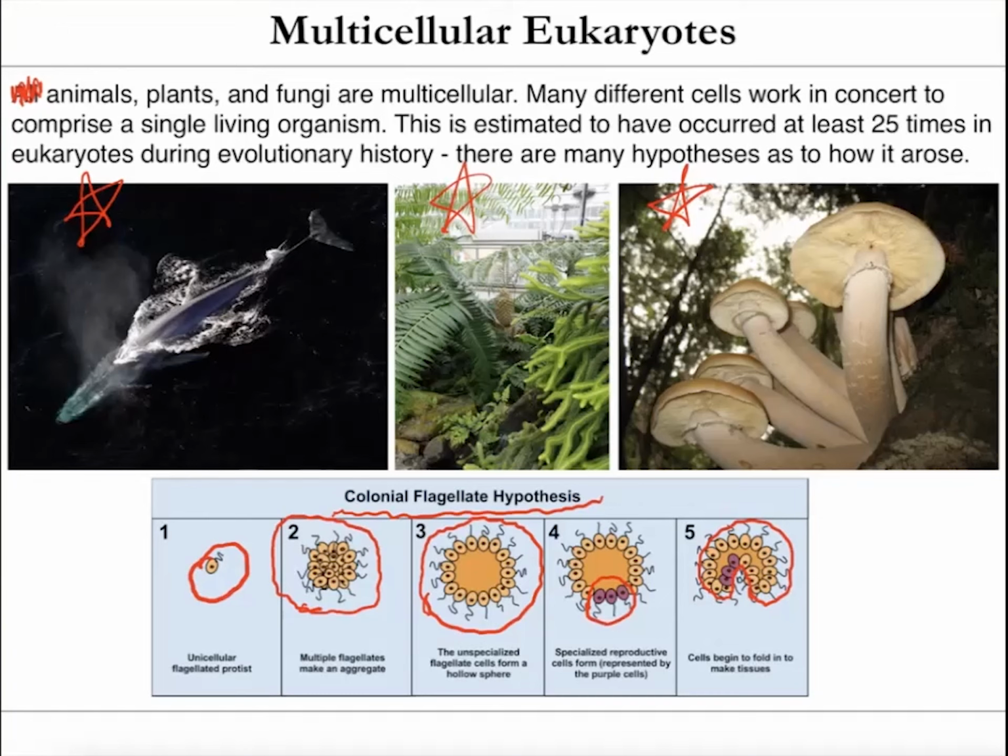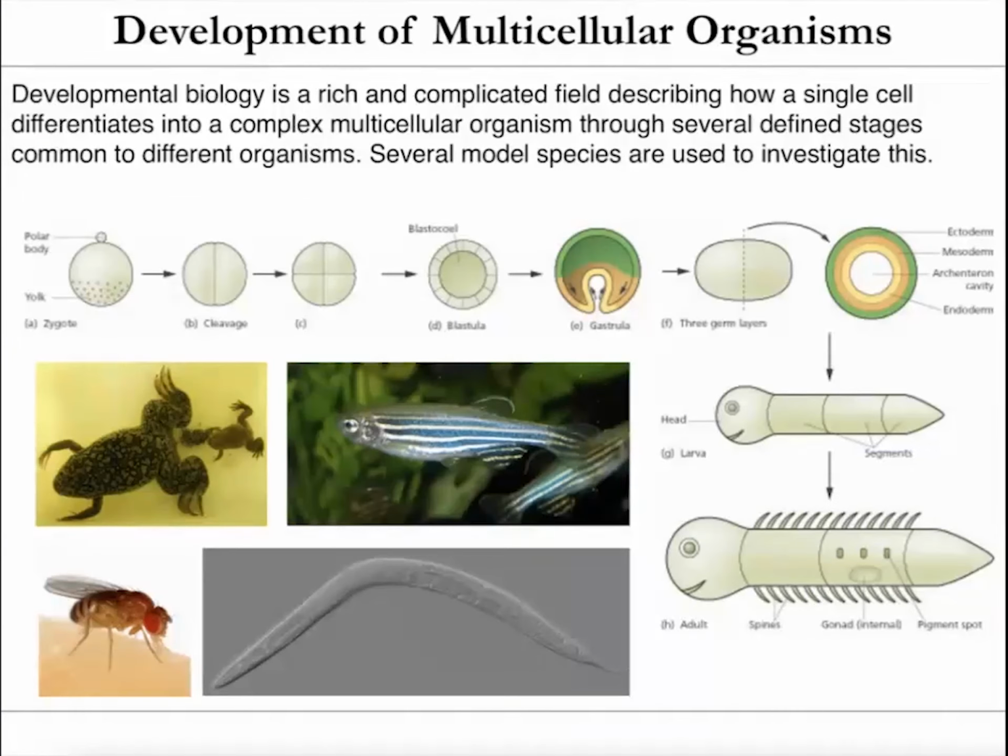I am not an expert in that at all. But needless to say, when we think of most organisms like animals, plants, and fungi, we think about multicellular individuals, and all multicellular species are eukaryotic, have eukaryotic cells. And you can see from that last example, these hypotheses on how multicellular organisms arose evolutionarily are sort of mimicked when you look at the actual development of multicellular organisms from a single zygote, which would be a sperm and an egg coming together, into an adult organism.